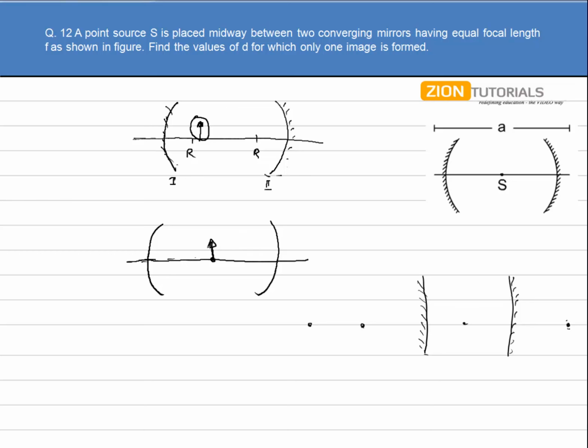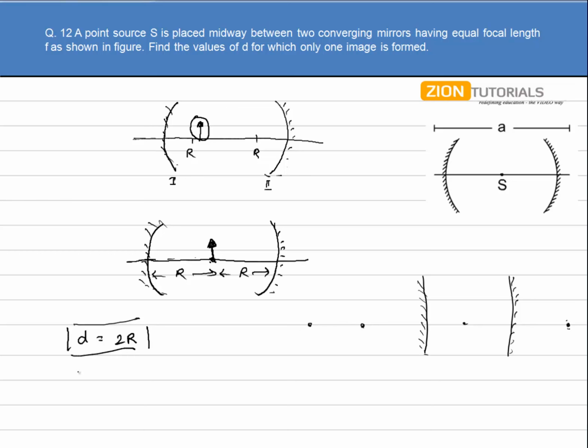Now this object is acting, and an image of it will be formed at this very point, because this is the distance r. So this mirror will form an image at this very point. Similarly, this mirror will form the image at this very point because it is also at a distance r. So the object and image are coinciding. A number of objects and images will be formed, but only at a single point. So I can say that if d is equal to 2r, then my condition is fulfilled.